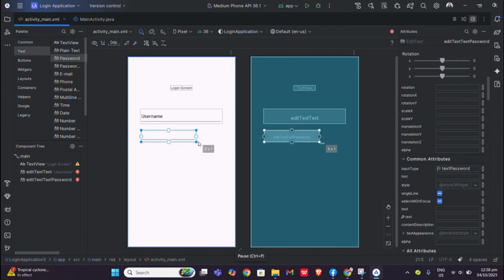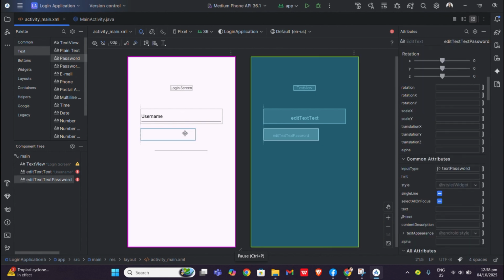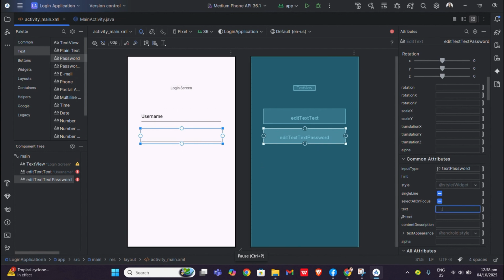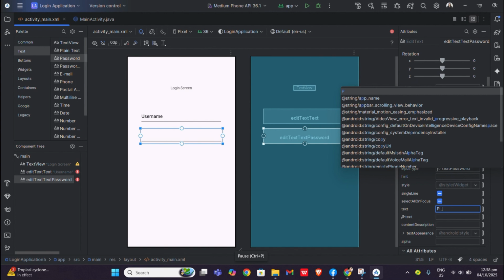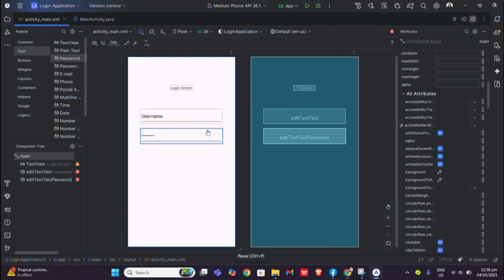Adjust. And put a text. So we put password, then enter. And it shows the dots because it is a password.